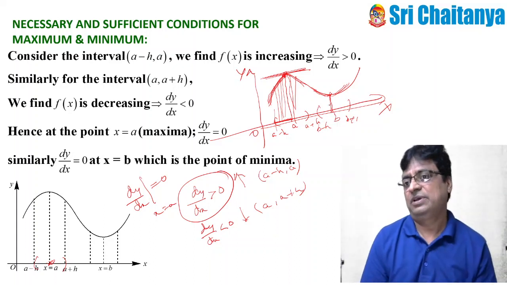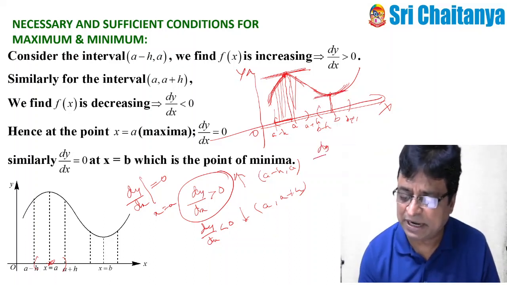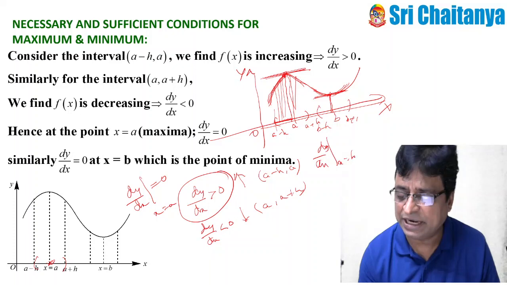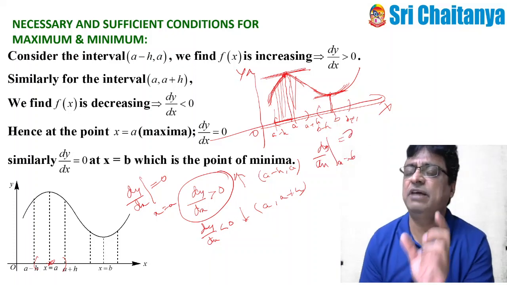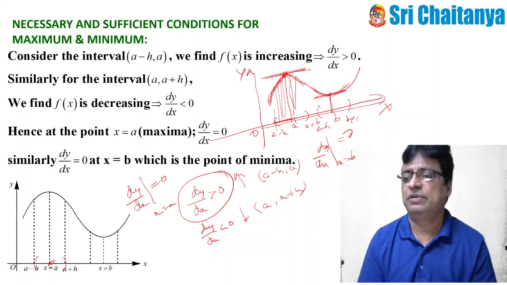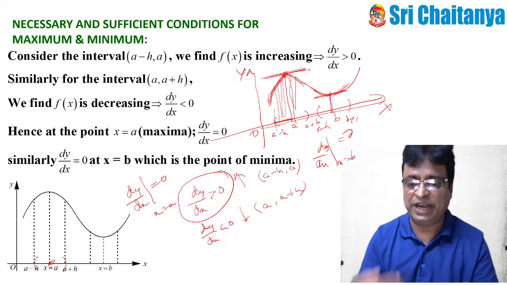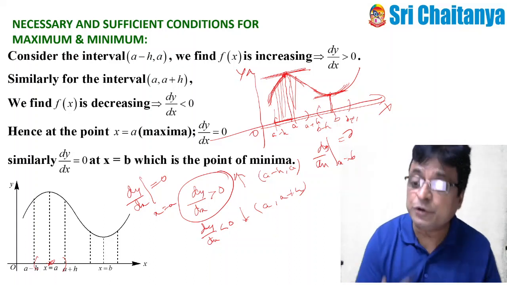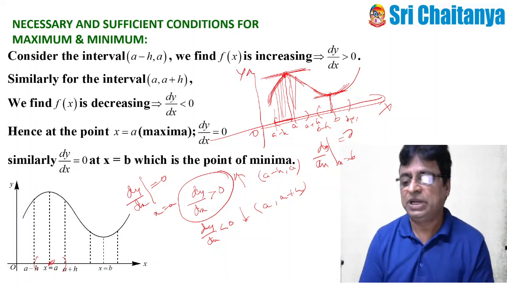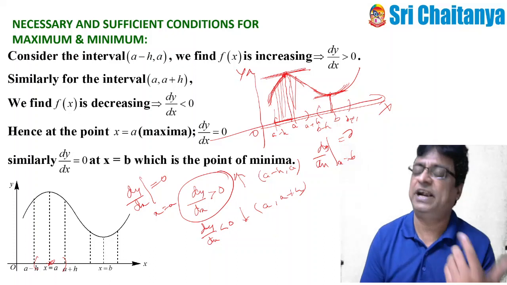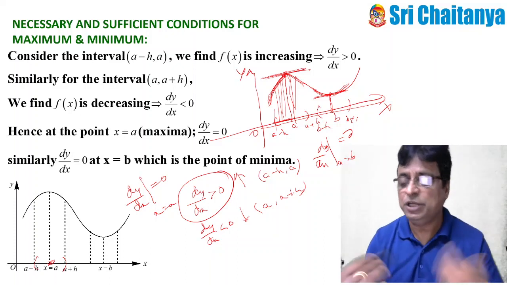Minimum. Similarly, at the same time, same thing, dy by dx at x is equal to b again is 0. So at maxima or minima, whenever differentiation becomes 0. So what is this condition? Suppose anybody is asking you to find at what point the function has maxima or minima, then immediately what to do? Immediately find the derivative, equate it to 0 and solve that equation. You will get the points.